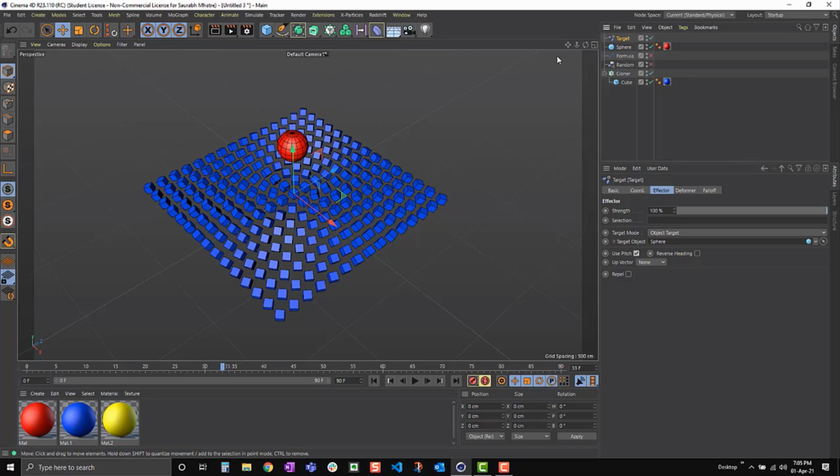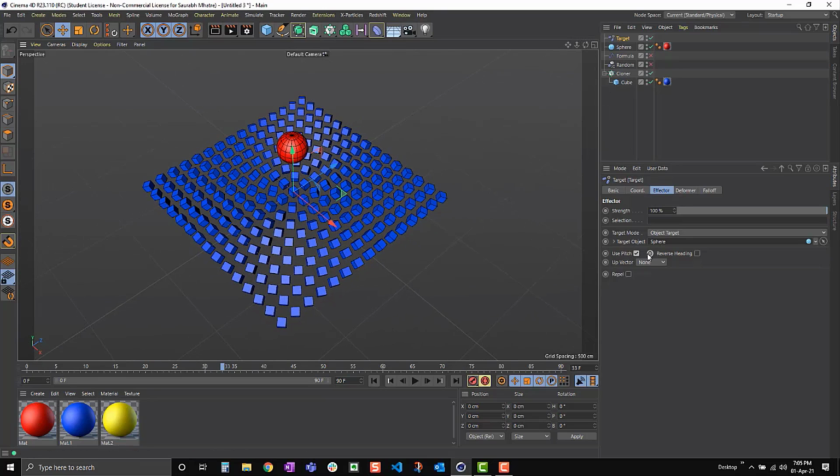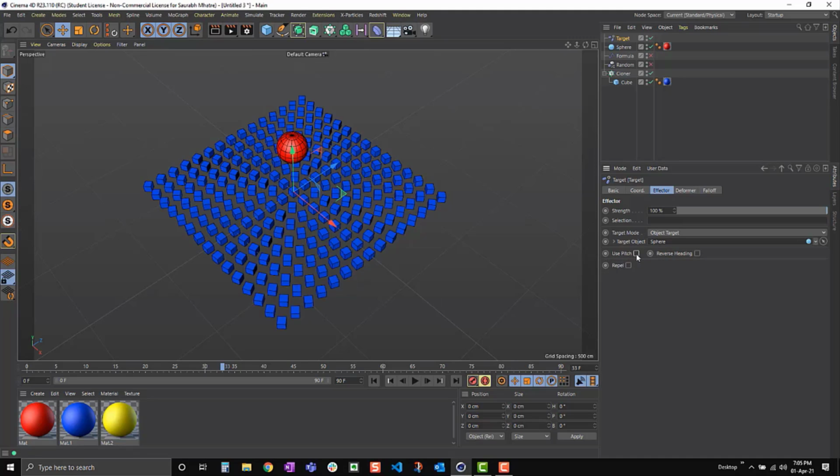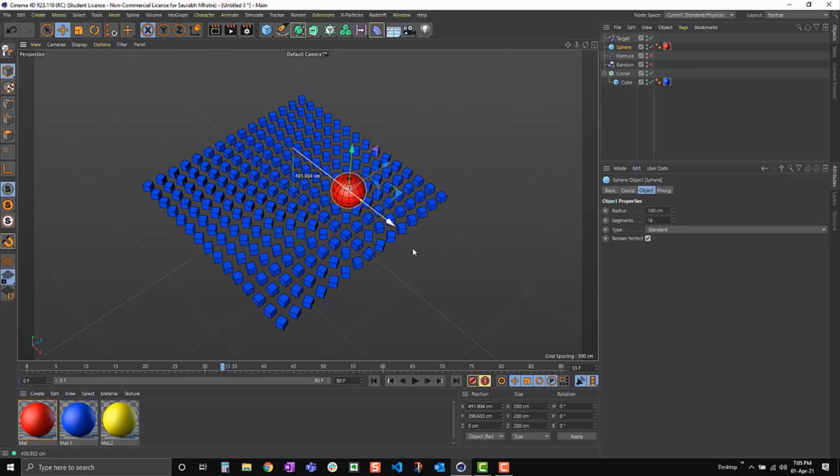And you can also make it target it with all three axes, or if you unselect use pitch, it's going to target it only with the two axes. So now if I take my sphere and I move it,